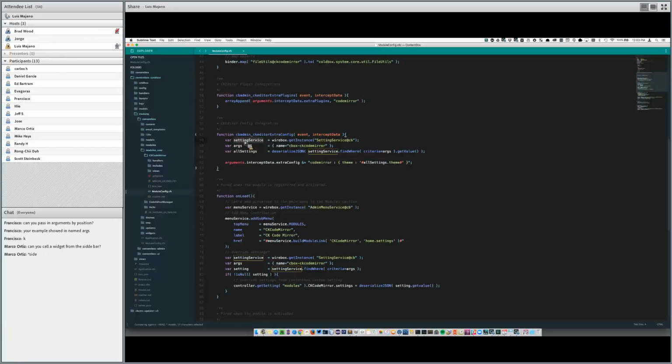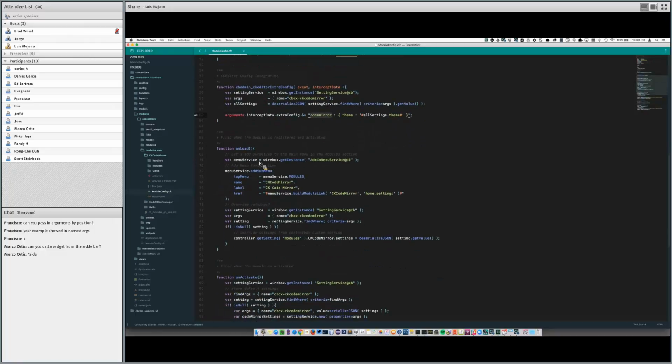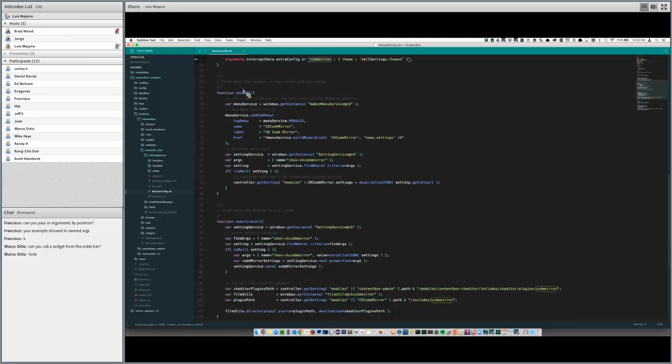Remember that the module is also an interceptor, so I'm actually listening to 2 new events that occur inside of the CB administrator, which is the CK Editor Extra Plugins event and the CK Editor Extra Config event. So the CK Editor is actually a module, believe it or not, and it announces several events during its life cycle in order for you to intercept and extend.